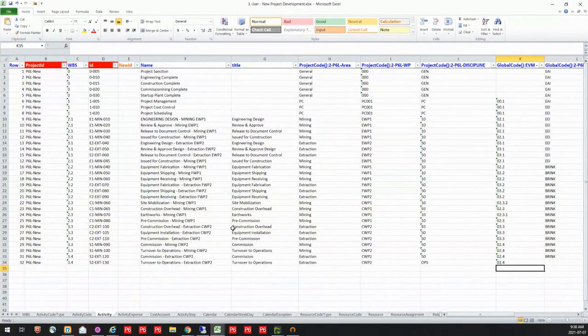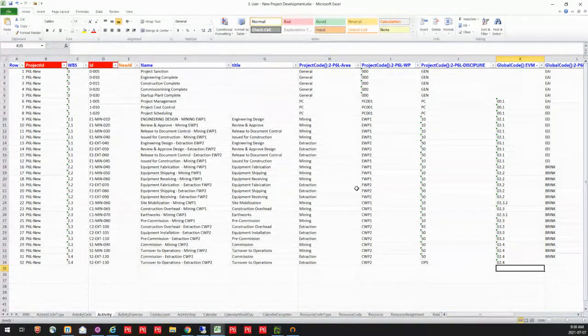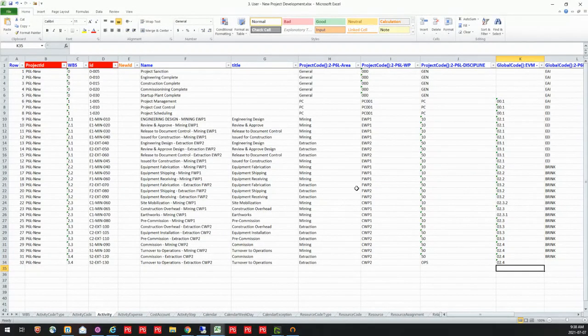So I have my WBS. I'm going to start building out my activities. So I've got my activities that I may have gotten from some of my team members, and maybe they were in a software that they were working in. Maybe they sent them to me in an Excel spreadsheet. I can go in, copy, paste it, put it in here, and start building out